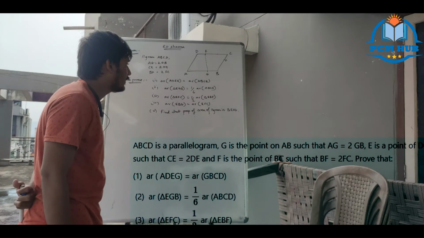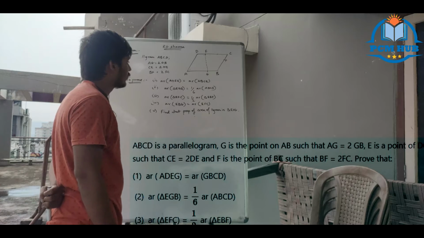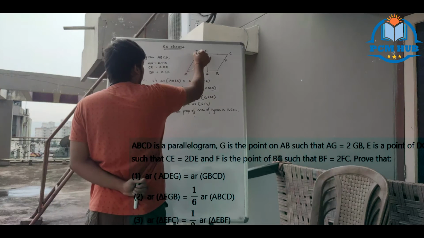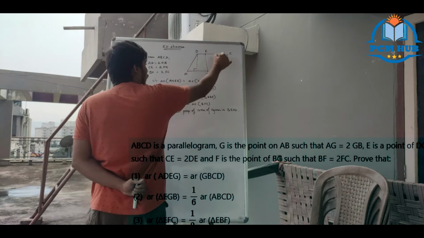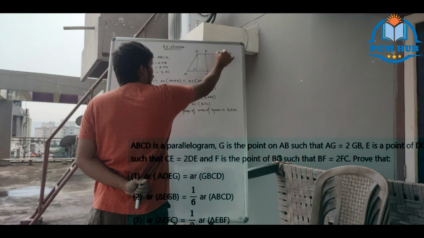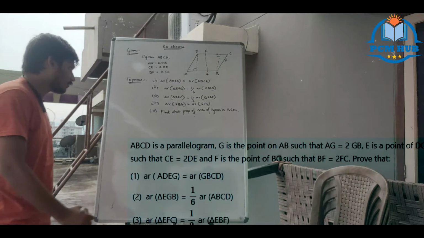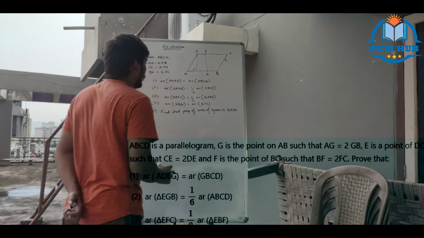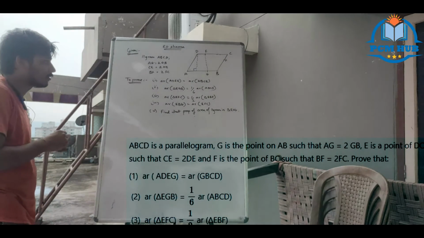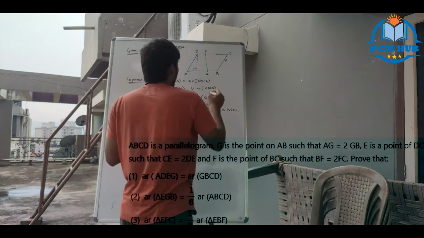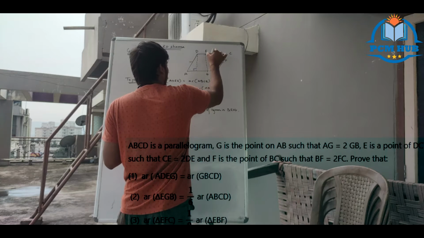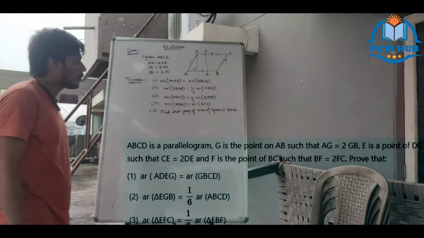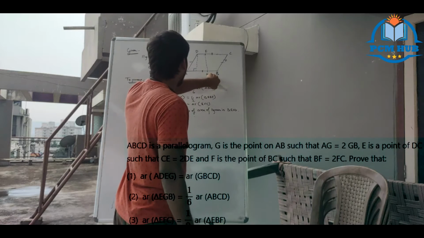Okay, base. What is the height? You will draw the perpendicular. So we will draw the perpendicular here. Here also you will draw the perpendicular. Any perpendicular, because both are parallels, no? This is the most important point you need to use. And you should understand that this GB equal to DE.